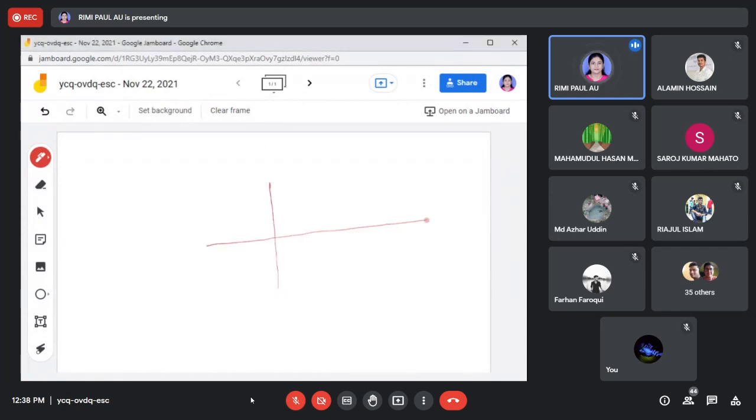Suppose I am taking this waveform. So what you are saying is that if I take this one and this one, these two are mirror like, just as if I am taking a mirror.